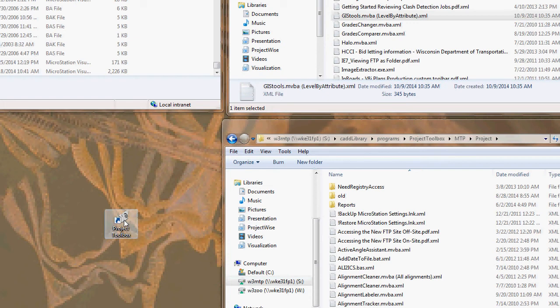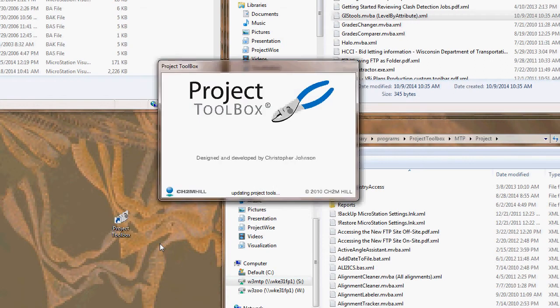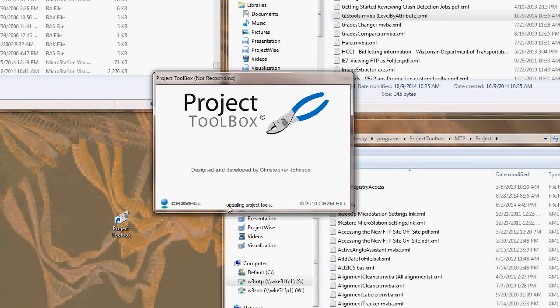Right, this is a video demonstration of what the toolbox is, the Project Toolbox. I'm going to double click to open it up here. I'm working across a network that's in a different office. It's kind of slow here opening up. But I kick this off, and essentially what it's doing right now with the splash screen is you can see